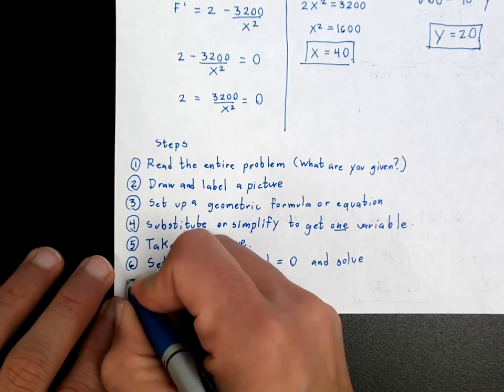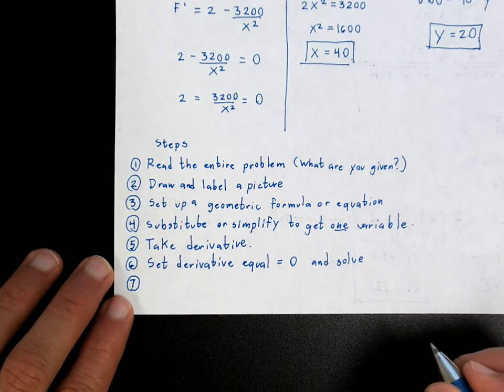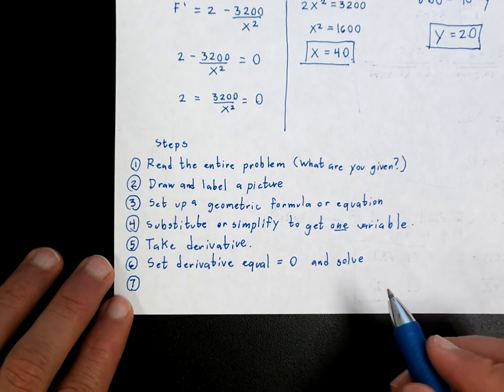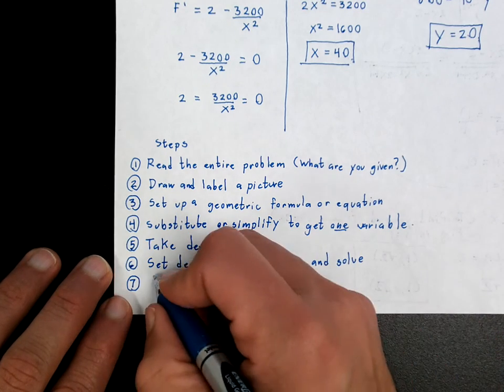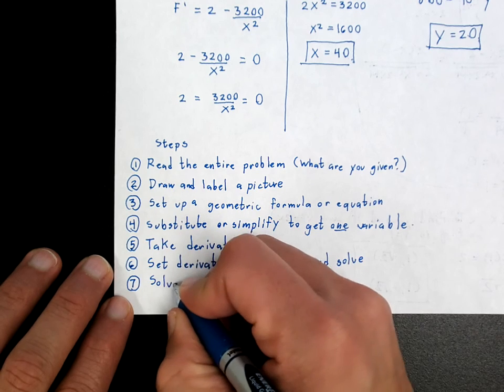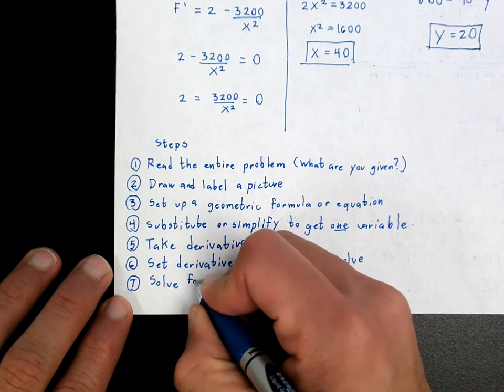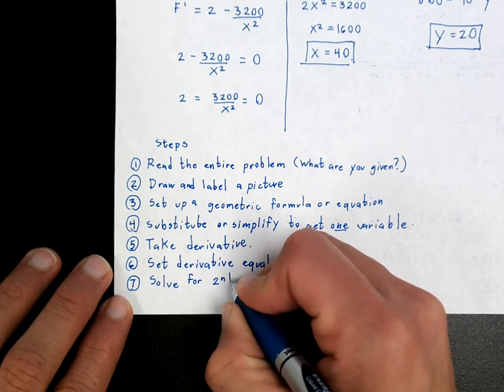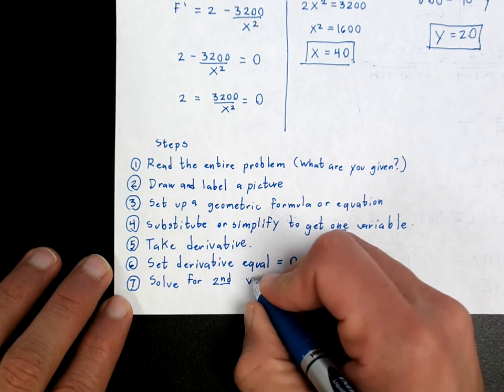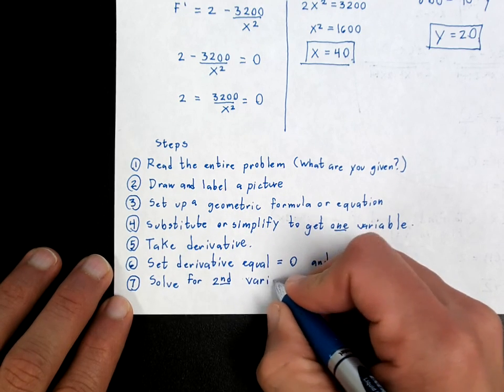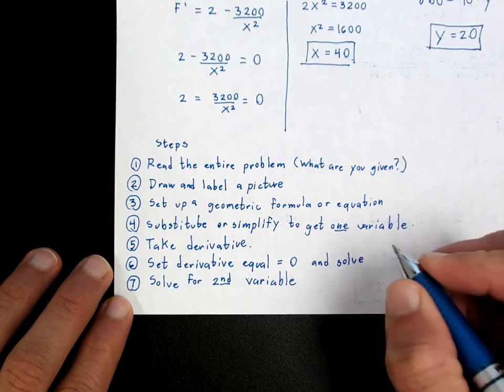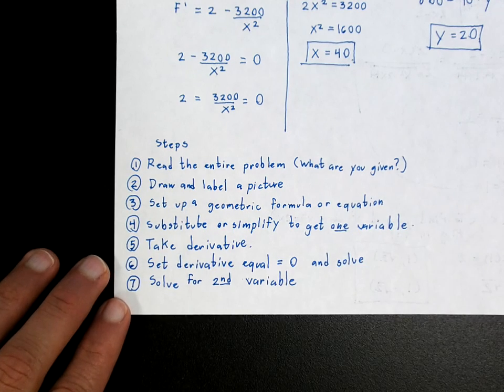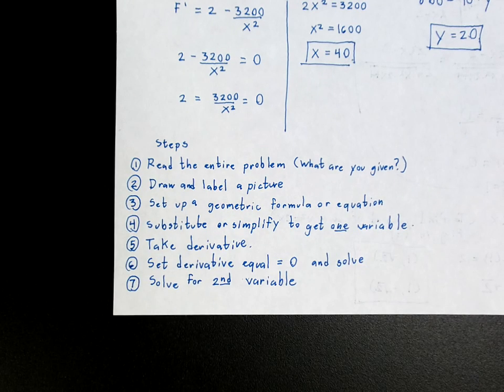And after you figure out the first variable, that's normally going to give you one of the variables, you're going to solve for the second variable. And normally all that requires is for you to plug it back into the original, but sometimes you have to do a little bit more thinking, like I had to do in example 2, and just solve for it. Now this is definitely going to take some practice,